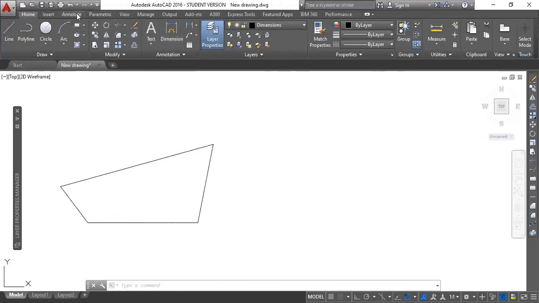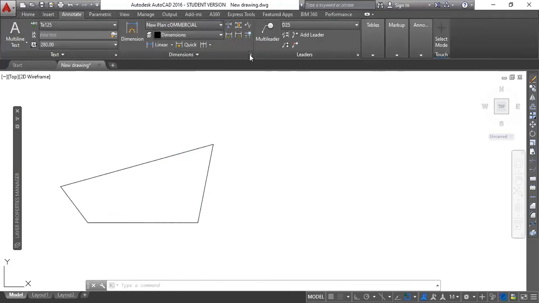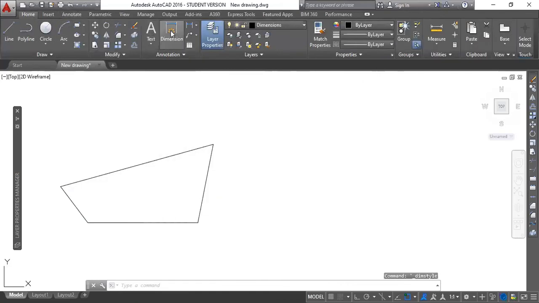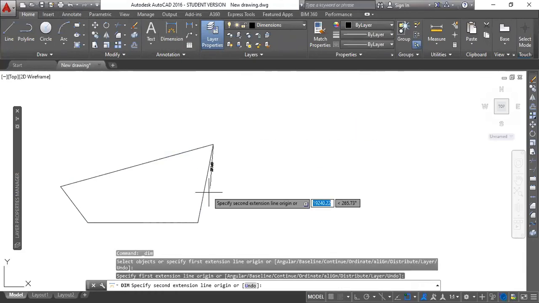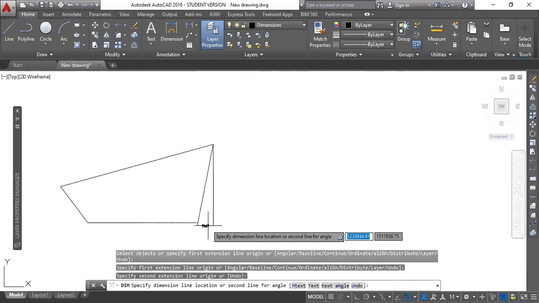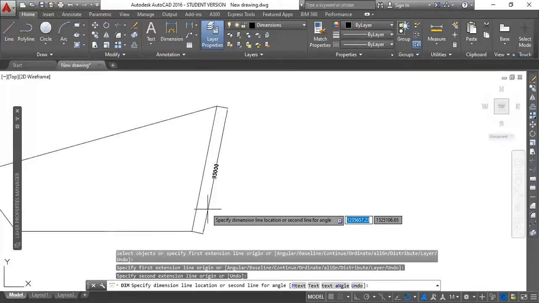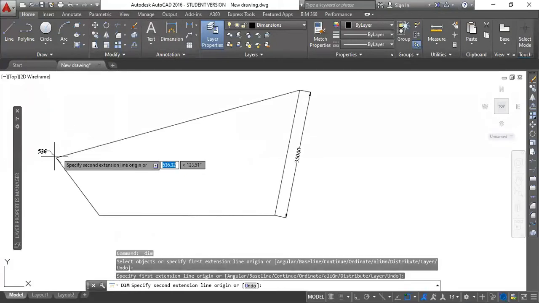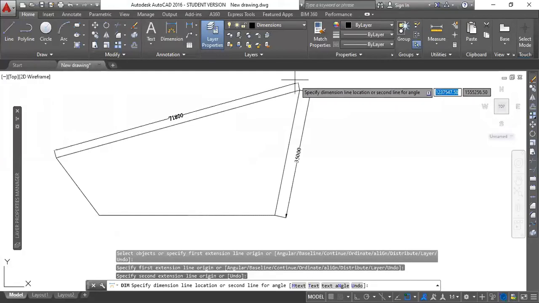So before that, let me just put the dimensions. Because the client will talk to you with dimensions only, right? So the client can easily measure the sites. That is really easy.